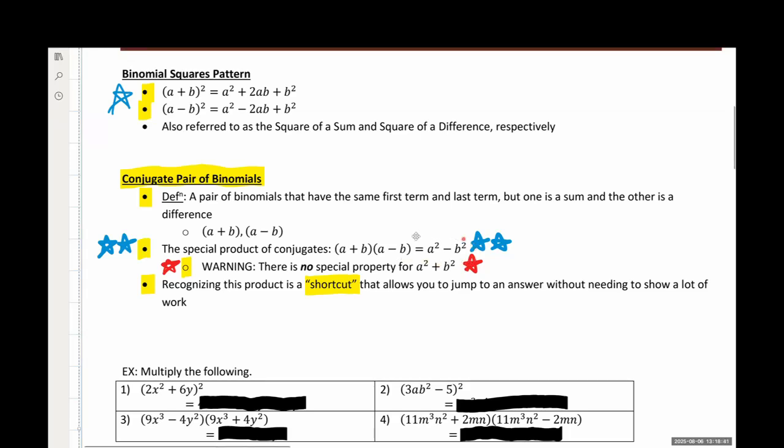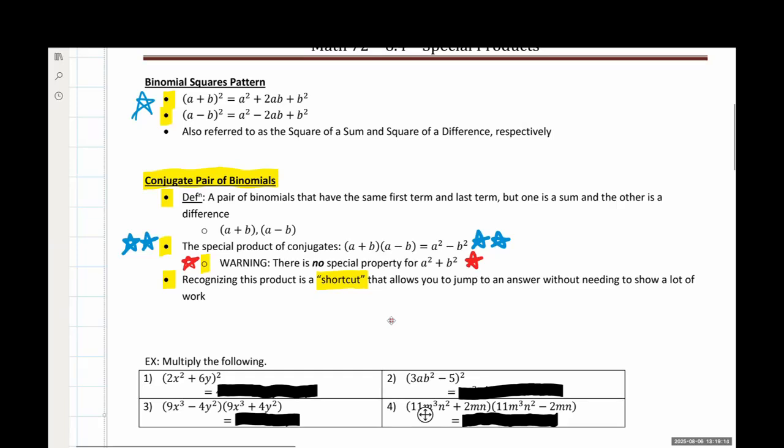But this shortcut is probably, of the three that we covered today, the one you want to have memorized. This is the one you want to be using. This saves a lot of time now, and it will save us a ton of time in our next class when we use this with factoring. And again, it should be stated that with all of these products, these are shortcuts that allow you to jump to an answer. Not as much work is needed, not as much work must be shown for them, and that's perfectly acceptable in these scenarios.